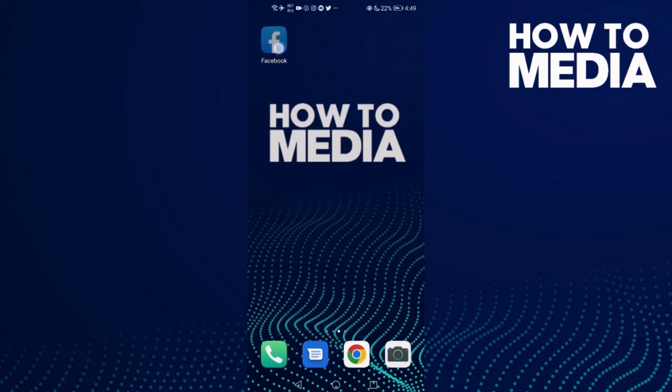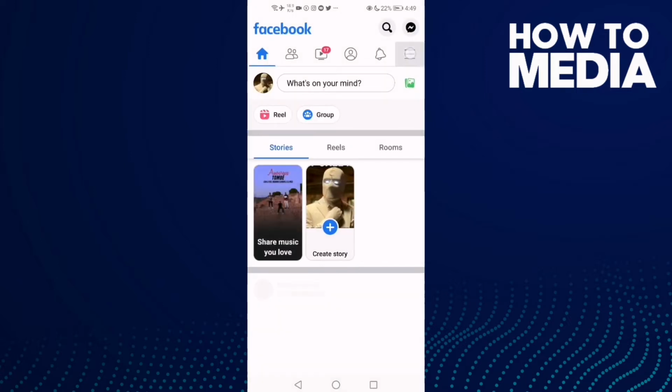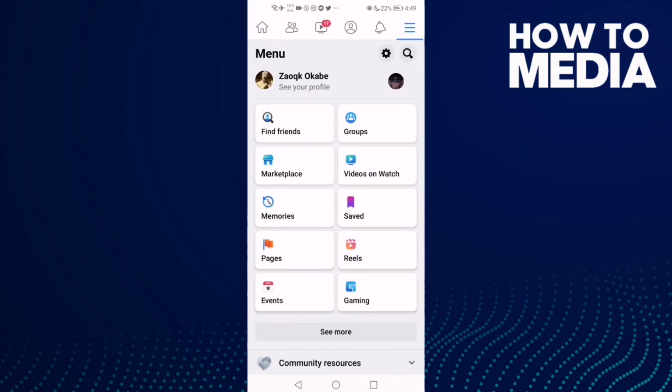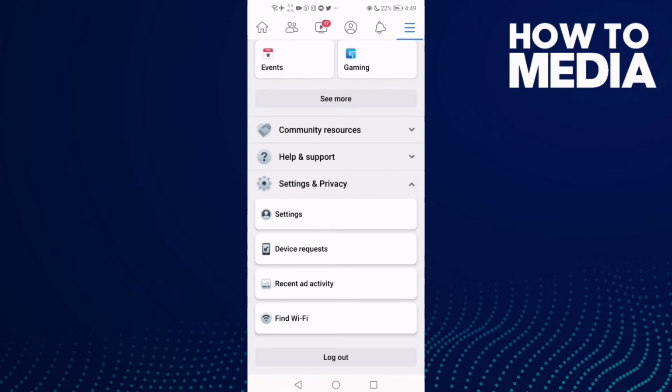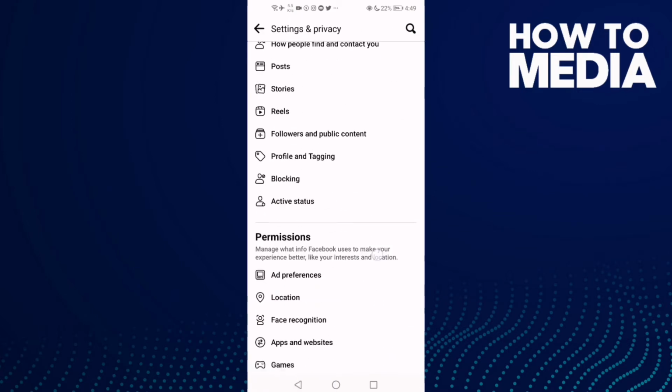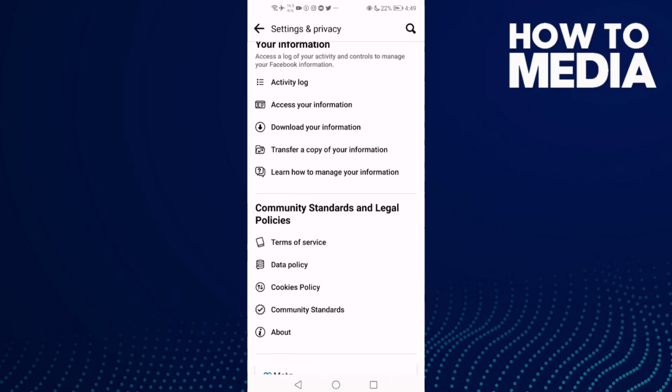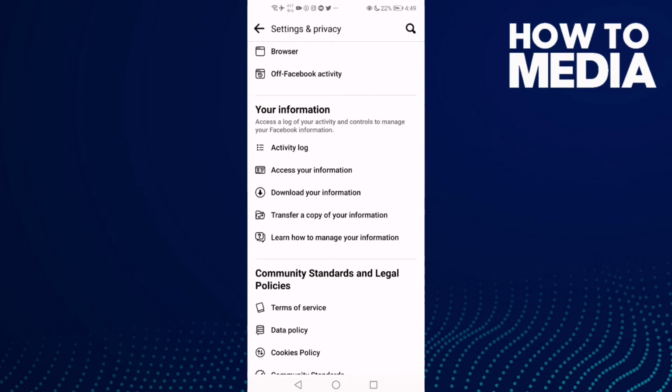First thing we're gonna do is go to Facebook and then click these three lines in the top corner and go down, click settings and privacy and then settings, and now just go down until you find transfer a copy of your information, click on it